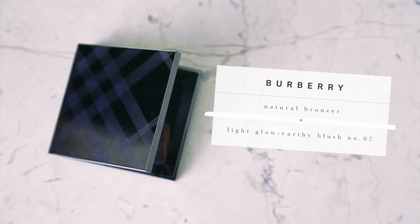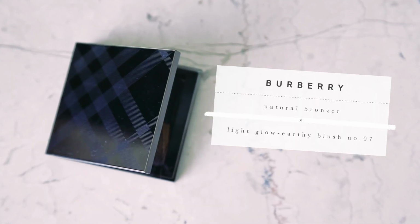Last makeup product is this one from Burberry. It is their bronzer, and it is the Earthy Blush number 7 Light Glow. So I've had a very hard time looking for a bronzer that looked natural on my skin tone, but not too light so you don't see the product. For me, it's always been one or the other. It was way too heavy or dark, or a little too light where you can't even tell. I don't know if my other Asian followers have had that same problem, but I swear to God, it's been so hard to find a really good bronzer for my skin that actually shows but still looks natural,